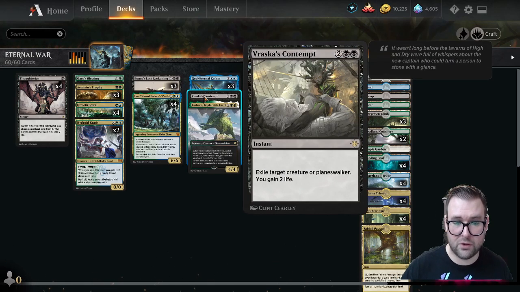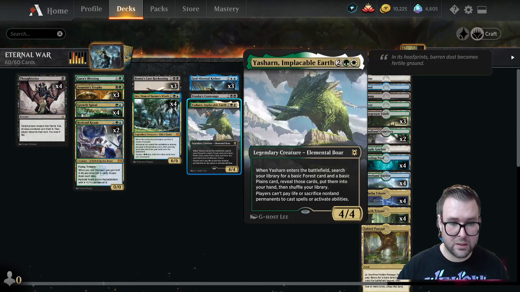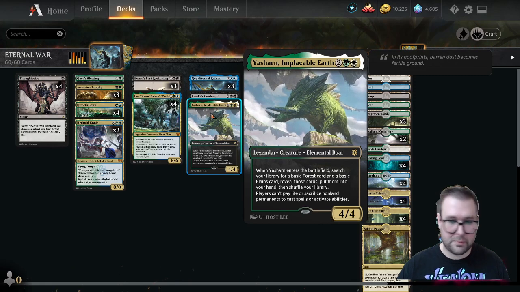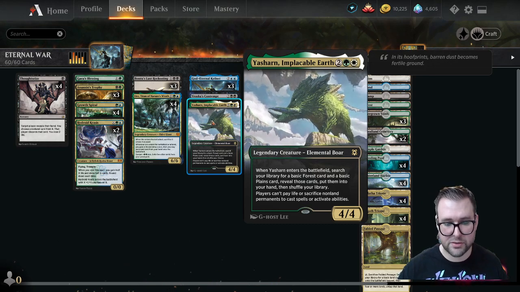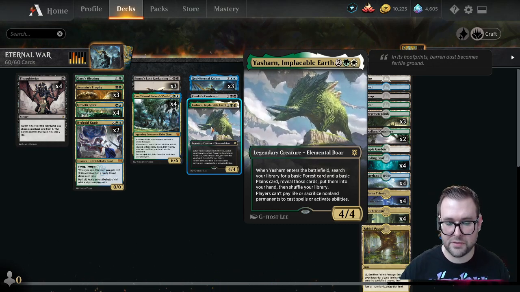Running 1 copy of Vraska's Contempt at instant speed. Exile target creature or planeswalker, and we gain 2 life. 1 copy of Yasharn, Implacable Earth. He's a 4/4, and when he enters the battlefield, we may search our library for a forest and a plains, put them into our hand, and his static ability says players can't pay life or sacrifice non-land permanents to cast